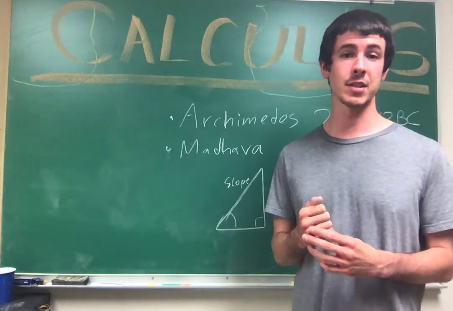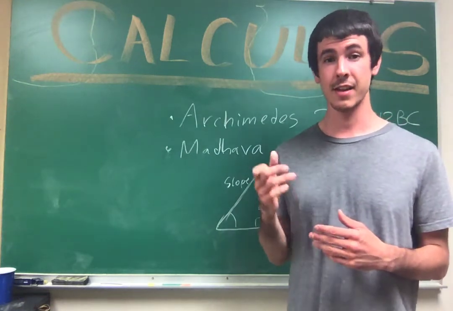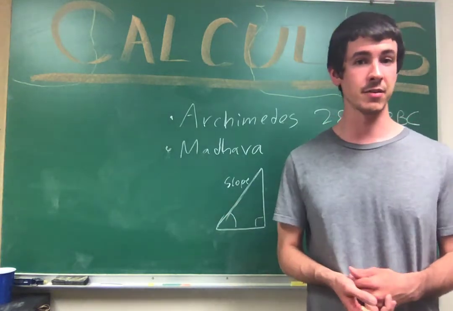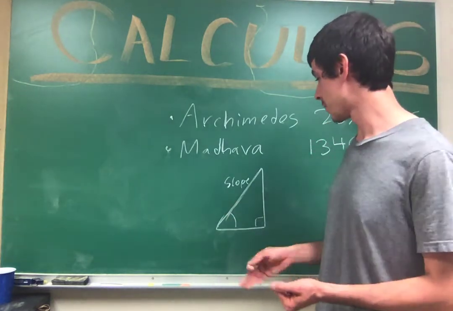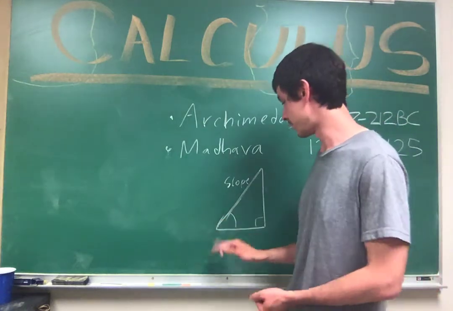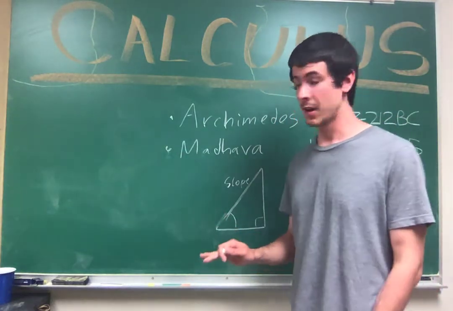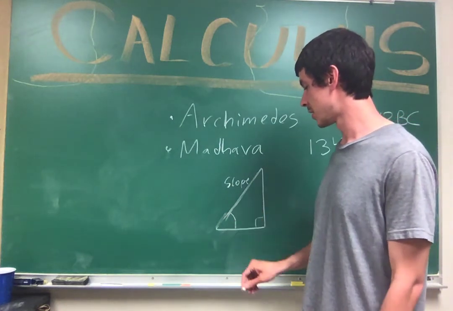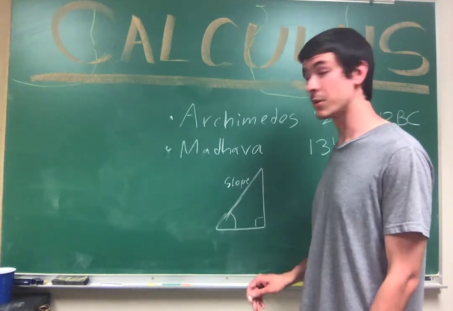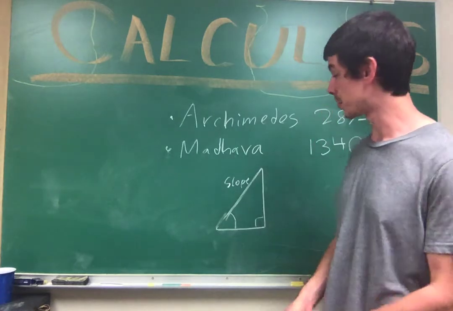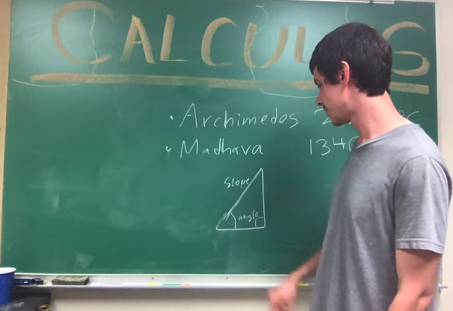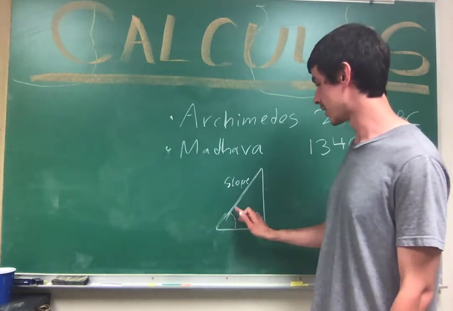And he used something called power series that you'll learn about in Calculus 2 that no one touched on for hundreds of years, like I said, after him, but no one in Europe. But what he was able to do was to describe the relationship between the slope and the angle, and what the angle is given a certain slope.